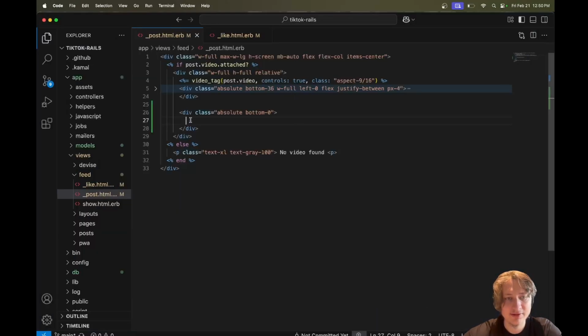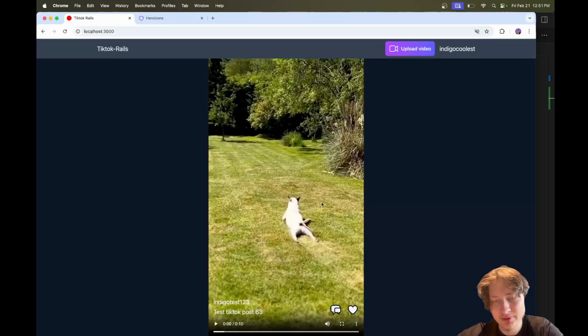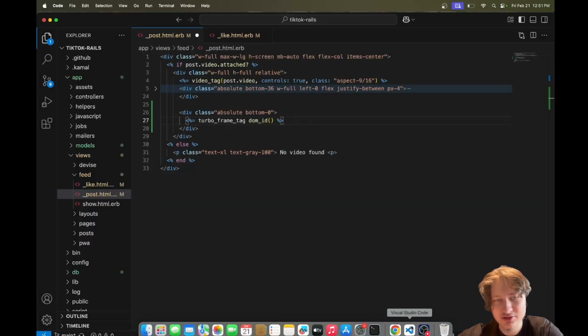But what's going to happen is we'll put a turbo frame inside of here. We'll do a turbo frame tag, and this is going to be for the comments. So I think I'm going to use DOM ID just in case. Like right now, we're only showing 1 post per page anyways. So it's not like you need a unique ID if there's only 1 post, but just in case in the